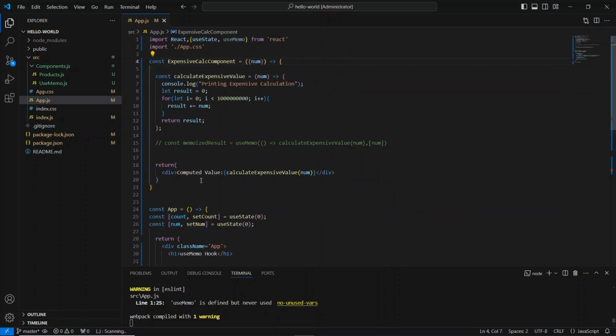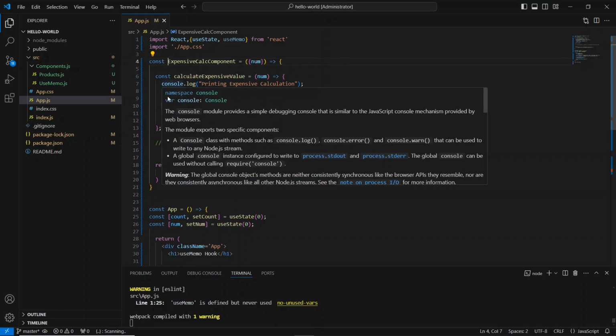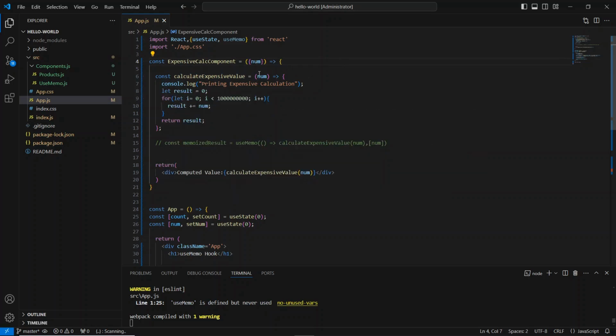We are getting this num value from our parent component, and it is being passed to this function, calculate expensive value. So if you could see, the num value is related to this function, and based upon the num value, the results are getting changed,